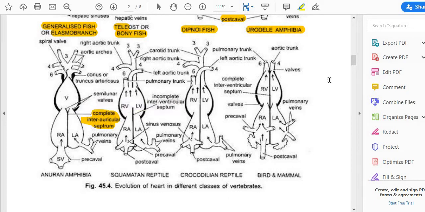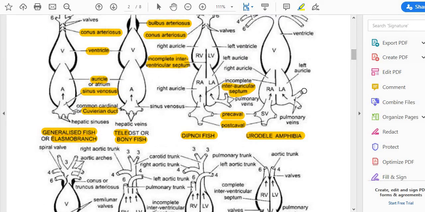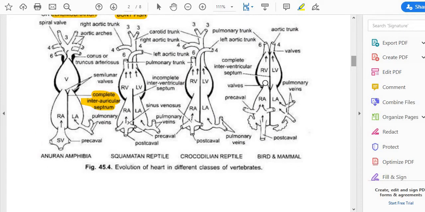Whereas in Urodela also it was three-chambered, but the division was partial. So it is partially three-chambered, or three-chambered in general. In case of lungfishes also it was partially three-chambered. In case of fishes it is two-chambered. You all know that. So that's how the number of chambers of the heart is studied, and that is based upon the compartmentalization of the chambers.